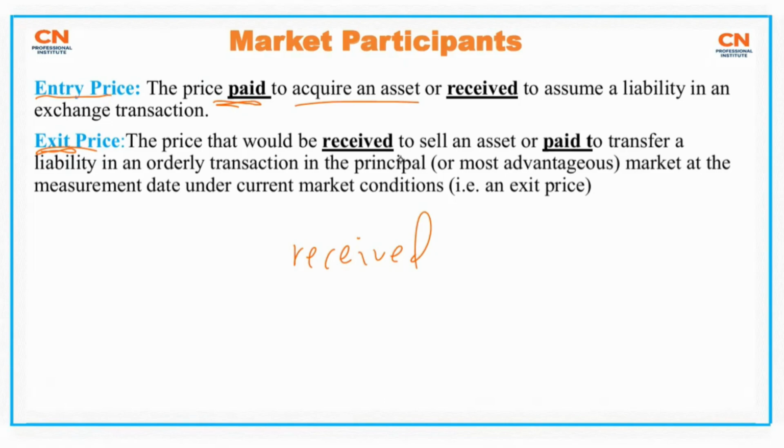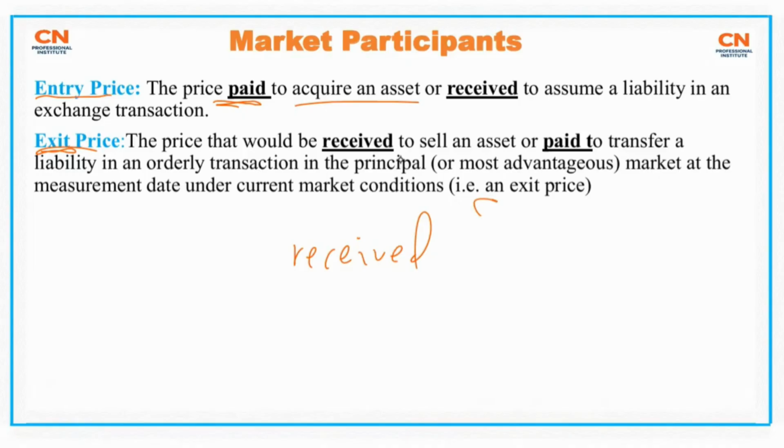So the price paid by the mining firm to the environmental firm: to the mining firm, they are paying, so it's an exit price, because they are transferring the liability and they are paying that amount to transfer the liability. So the exit price for assets is the amount that you receive to sell the asset. You are exiting, so you are receiving this amount to sell the asset. For liability, it is the amount that you are paying to transfer the liability. You are leaving the market, so that's exit price. Then entry price for an asset, you are buying the asset, so it is the amount that you pay to acquire the asset. For liability, it is the amount that you receive to assume the liability. That's the entry price. So that's it.